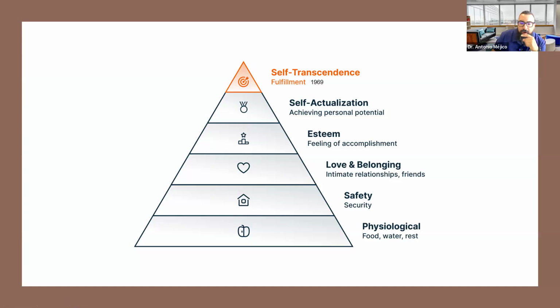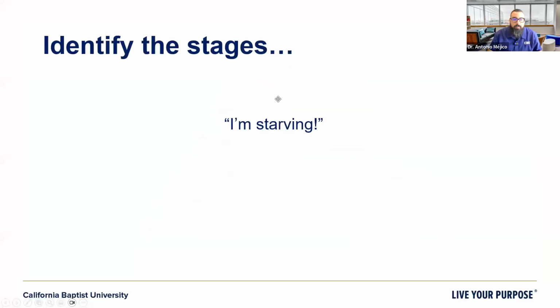Speaking of which, what I'm going to do here, don't worry, it's not a pop quiz for points, is put some phrases up on the board, and I want you to look at this pyramid here. So we have all of these stages of Maslow's hierarchy of needs. I'm going to give you some phrases that maybe you hear from your client, or someone in your life, and I want you to see if you can recognize which stage of the pyramid they're on. Okay, are you ready? Let's start with this one.